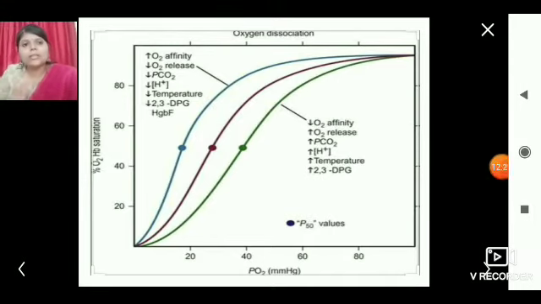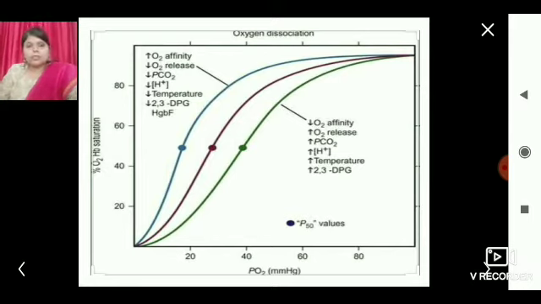Here the DPG is nothing but diphosphoglycerate, and if it is decreased, again the concentration changes, and again the shifting of the graph is taking place. So the reverse things are happening in the case of the graph shifting towards the left-hand side. The affinity of the oxygen decreases and the release of the oxygen molecule increases. When it is tending to release, the affinity decreases, obviously, and then